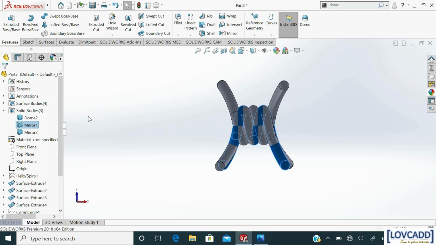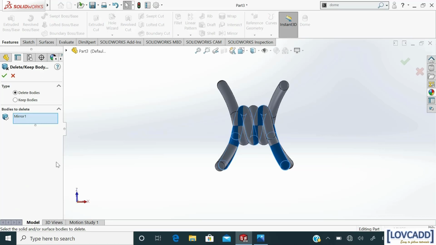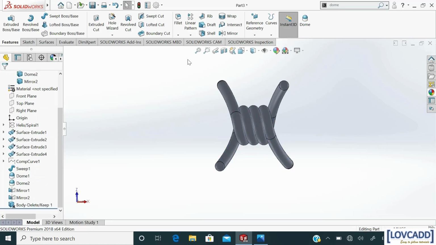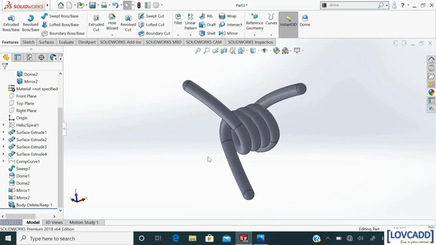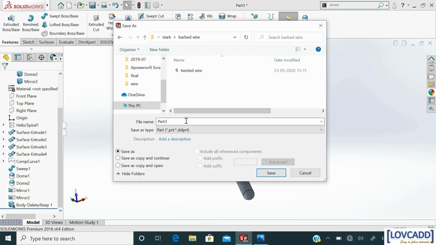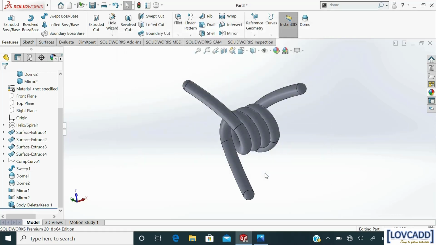Right click on this, select delete and keep body. Click on OK. Now finally we have created the barb. Refresh it and save the body as barb. Click on save. Now exit.